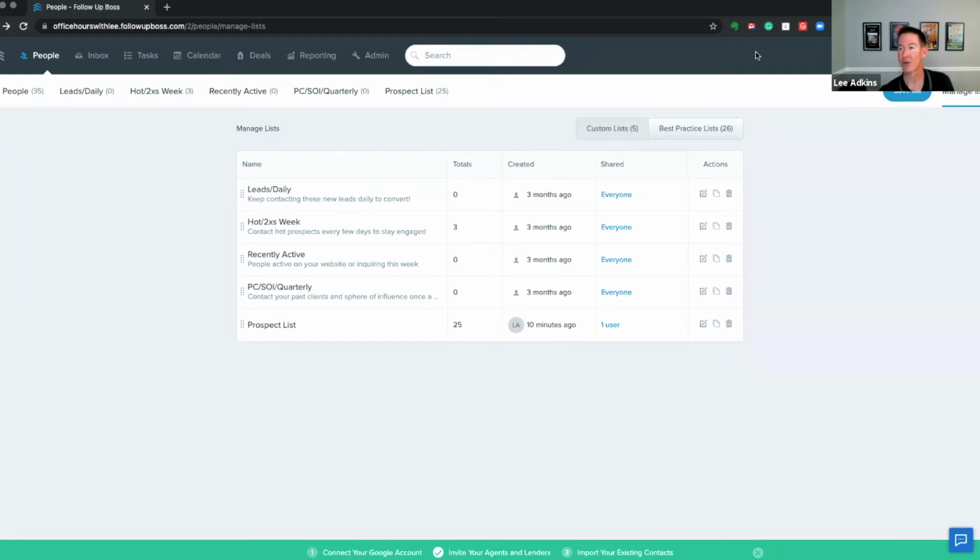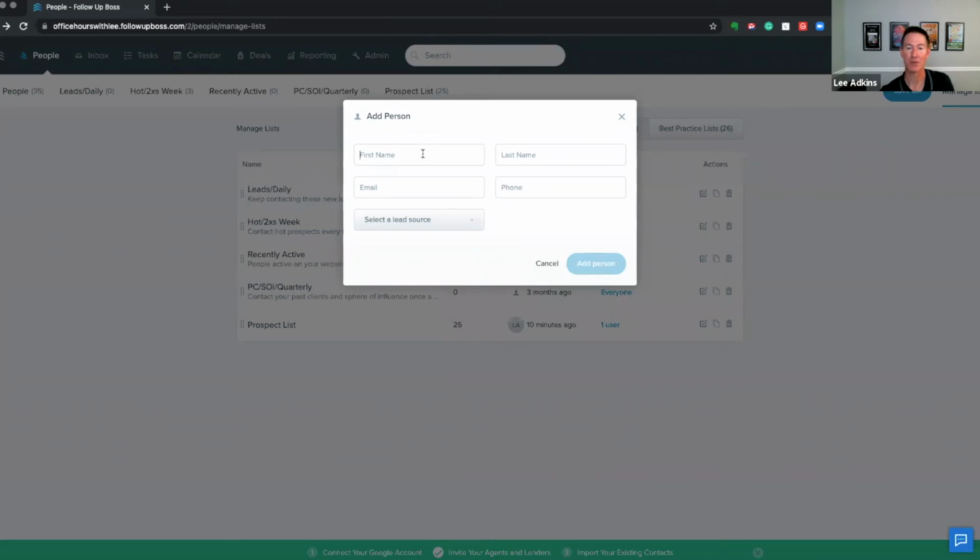So, and Jasmine has a great question in the Q&A, just adding a prospect or a lead. So there's a couple of ways to do it. The easiest way to add a single person is just to click on the blue dot up here. And then you can just type them in right there. That's the easiest, just ready, set, go. You can import people, again, maybe depends on whether you're a team member or a team owner. Importing a CSV is additionally an option, but if you're just looking to add one person, that's the most simple way to do that.